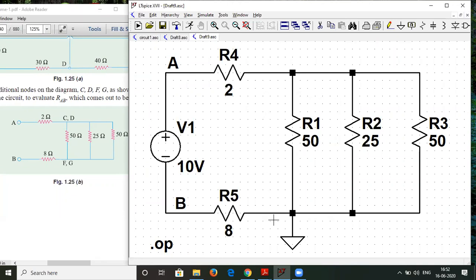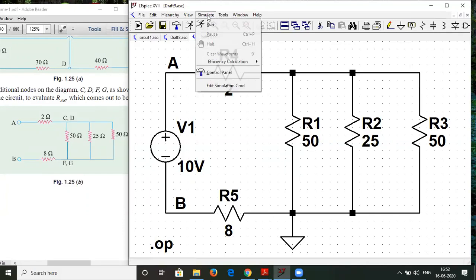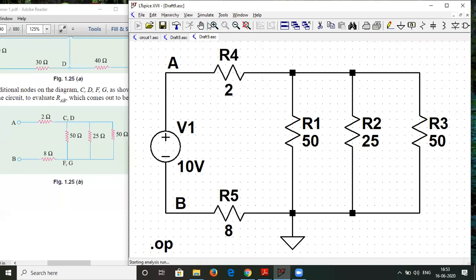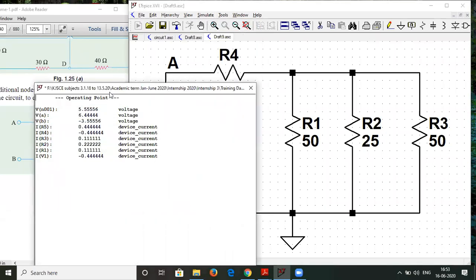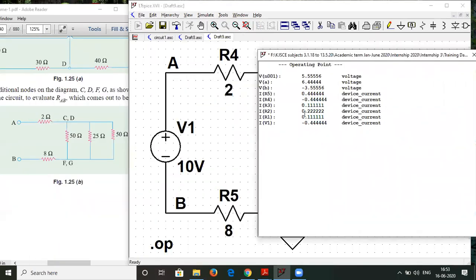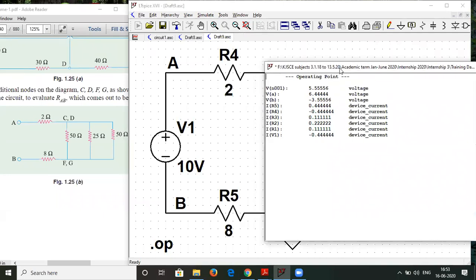Now let me run. We don't know right now what we are doing. Basically, we are finding the equivalent resistance. But why are we connecting the DC supply? We are not so clear now, so let us wait. Okay, I hope that ambiguity of minus sign is clear now. And let us see what this value is now.